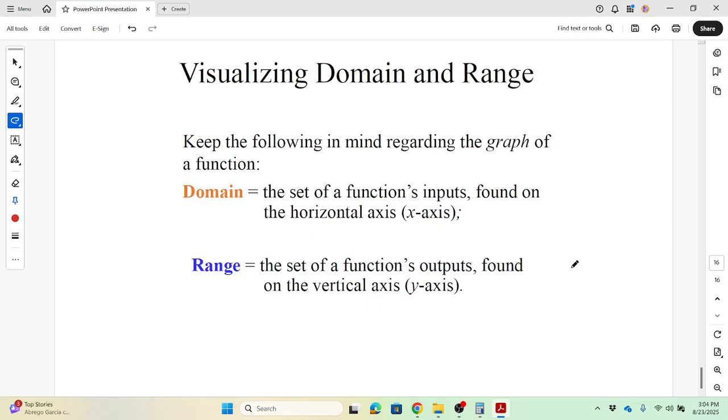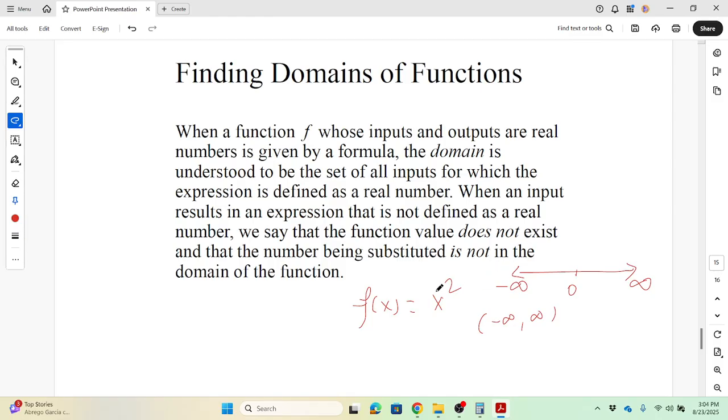So there are two restrictions you have to be careful with whenever you try to find the domain. If your function comes as a rational function, meaning something on the denominator, you cannot have 0 on the denominator because division by 0 is undefined. So in that case, you have to make sure that you cannot pick x